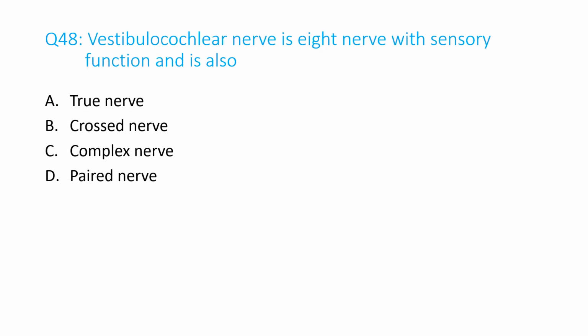Question number 48. Vestibulocochlear nerve is the eighth nerve with sensory function and is also A. True nerve, B. Cross nerve, C. Complex nerve, D. Pair nerve. And the answer is